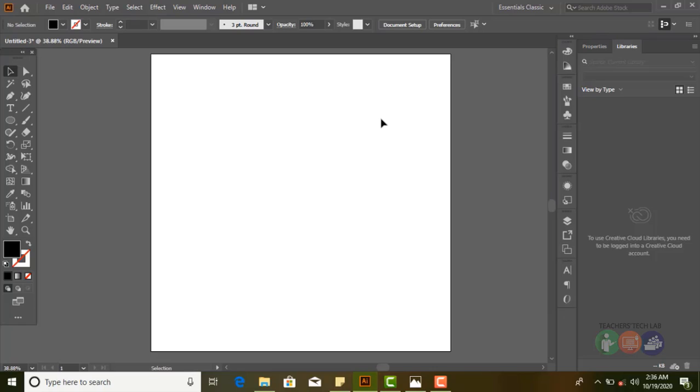To draw the rectangular shape, we have to pick our rectangular tool. You can find your rectangular tool here. This is a shape tool, and within it, when you right click, you can find the rectangular tool here. You will now see your cursor will change to this symbol. So to draw the rectangle,